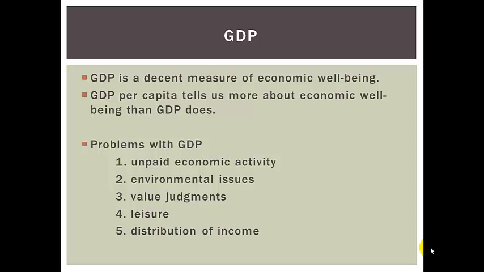And GDP is also not concerned about distribution of income. We say it's measuring pretty well our economic well-being, but it doesn't tell us how many people we have that are making decent living and how many people we have that are below the poverty